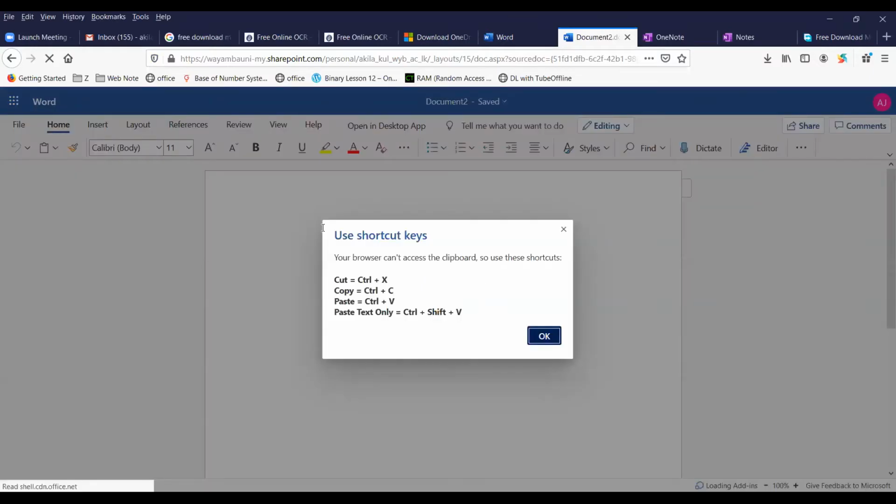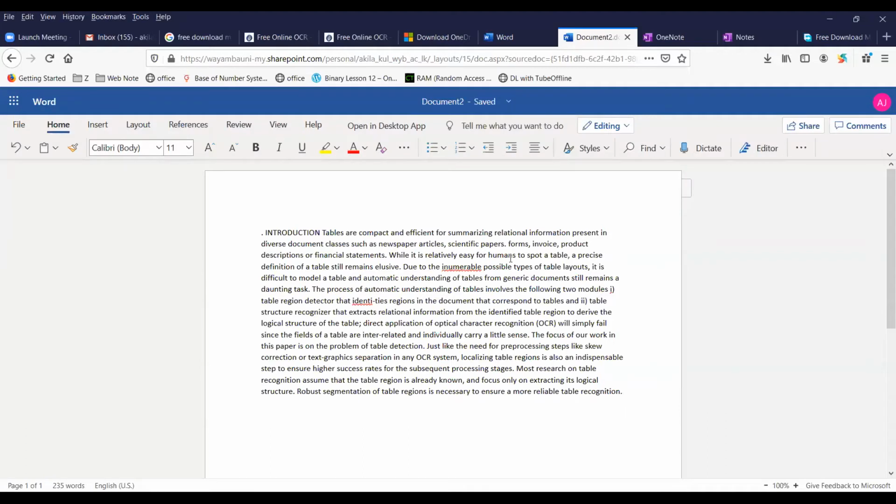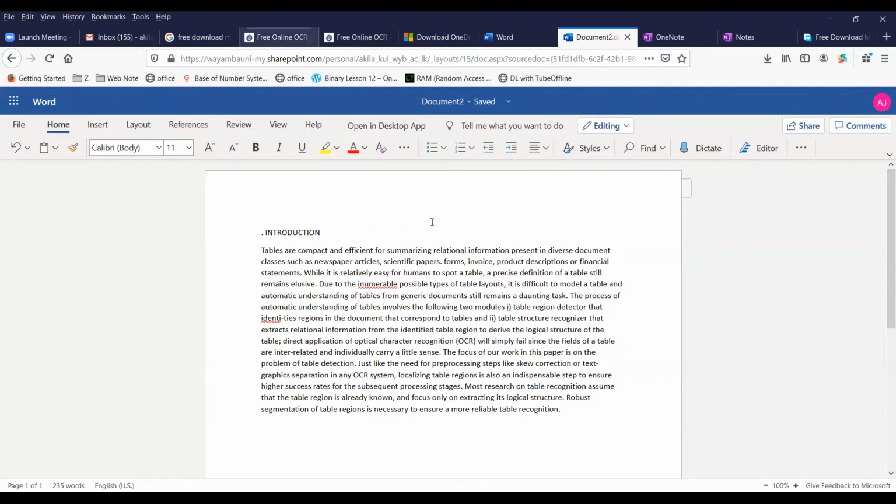Very easily you can convert any printed document into an editable format using this online OCR. If I tell you again, what you have to do is just scan the document and then go to this website, online OCR. Select the file and upload it. After that, convert the file. You can copy the text from here.